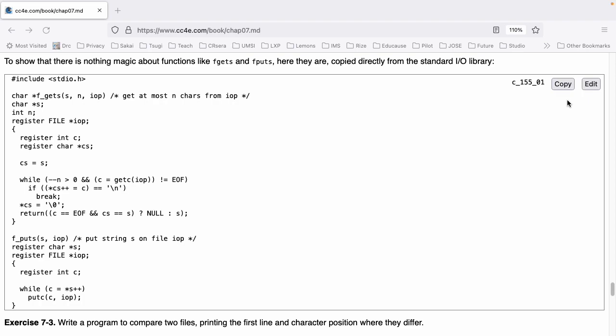www.cc4e.com/code. char *fgets(s, n, iop) char *s; int n; register FILE *iop; { register int c; register char *cs; cs = s; while (--n > 0 && (c = getc(iop)) != EOF)